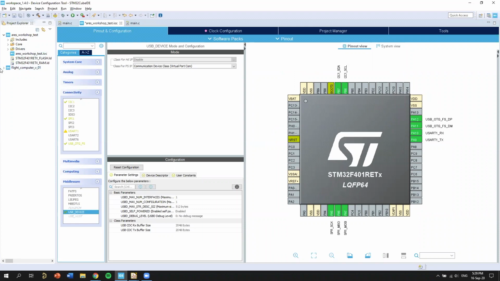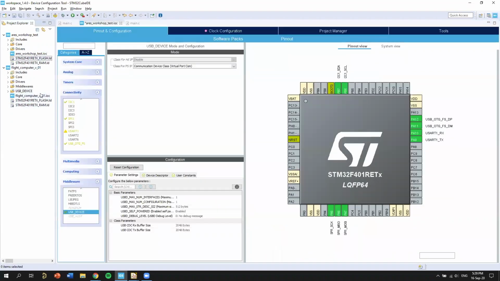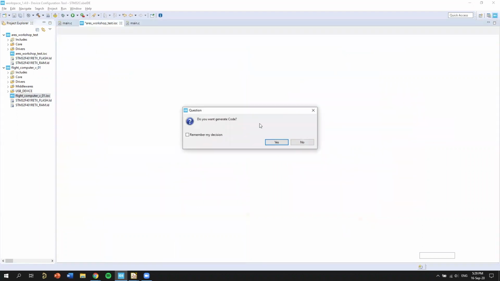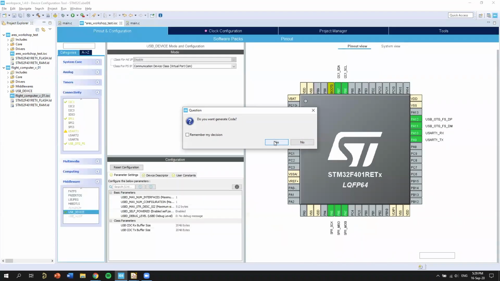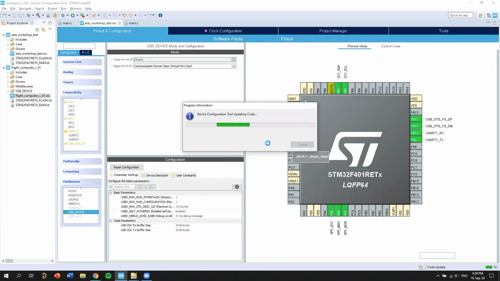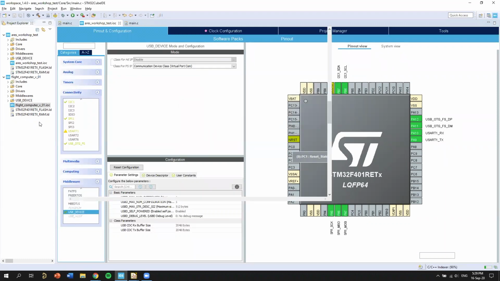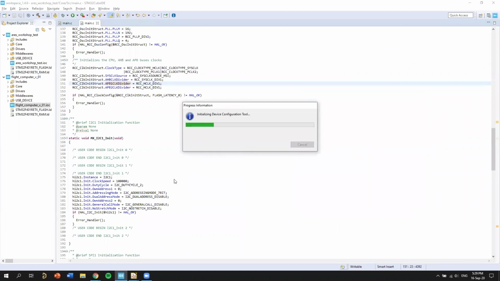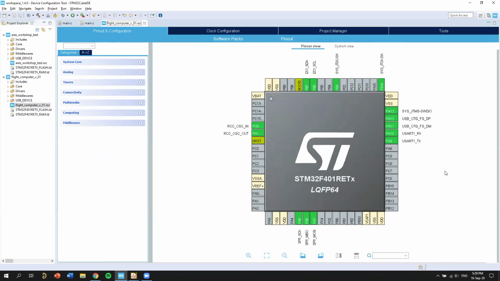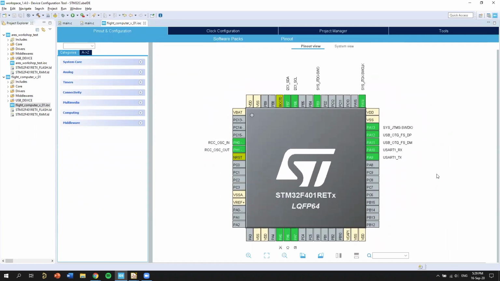Okay, let me just see how it compares to the other one. Oh, the clock. Okay, that's cool. Every time you make a change, it's just going to generate the code for you. And I think everything is the same, except for